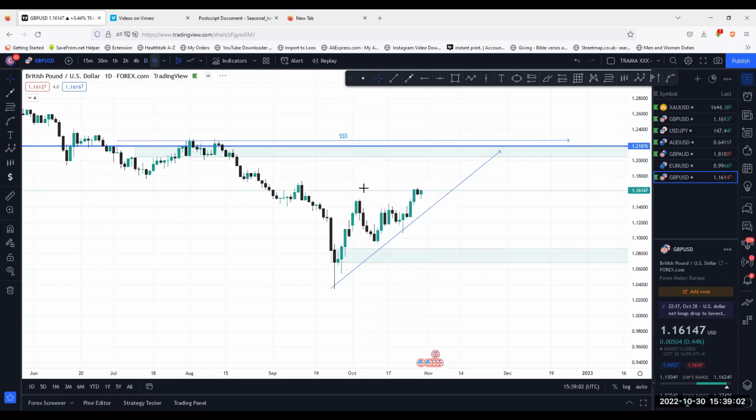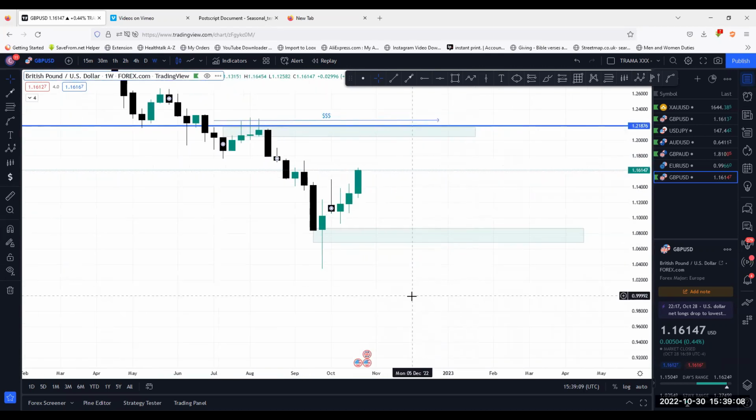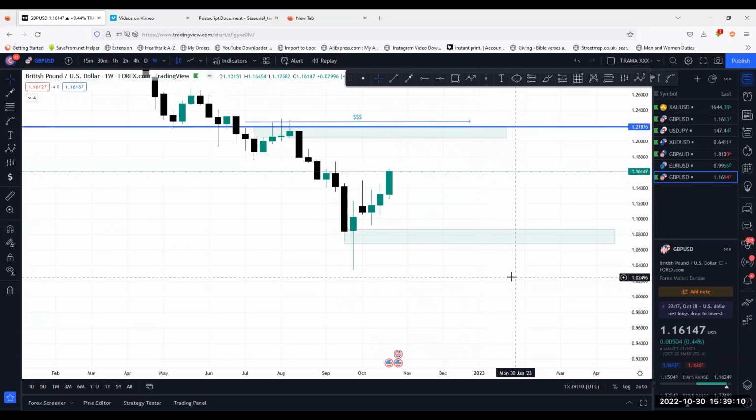Now, if we go to the weekly candlesticks, we see something very remarkable here. Let me take out this trend line. You see something very remarkable on the candles. Pay attention to the candles, because candle speaks. Candle is a language. You need to understand how to read it when it's speaking. So let me show you some things here.